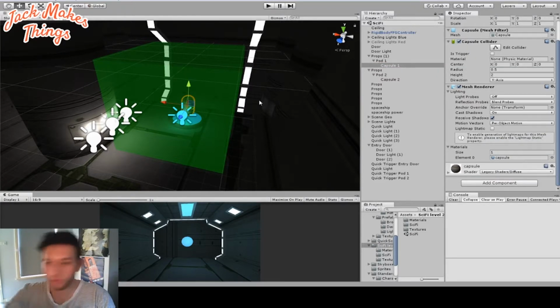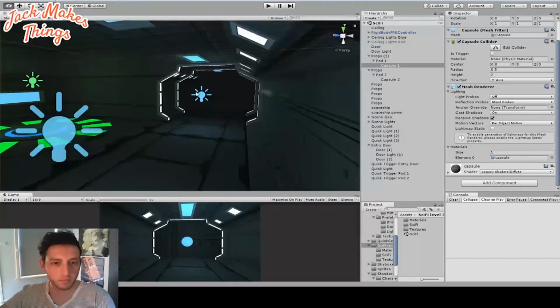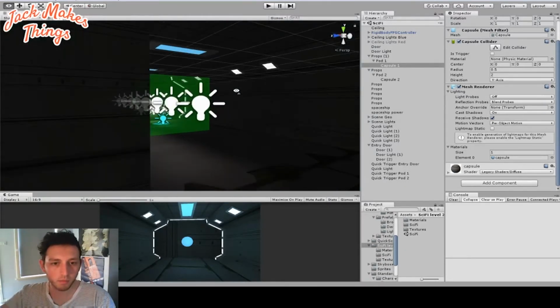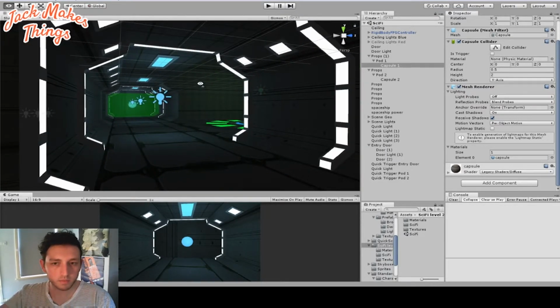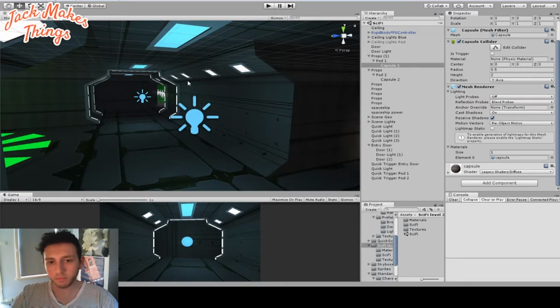Now for this I will have to write a little bit of code, unfortunately. But it's alright, it's easy. So what I'm going to do is set up a code that's going to take interaction between both of the pods so that it can sort of record if both pods have been pressed down into the ground. And then it's going to flip over to warning lights. It's going to change all the quick lights here over to warning lights,